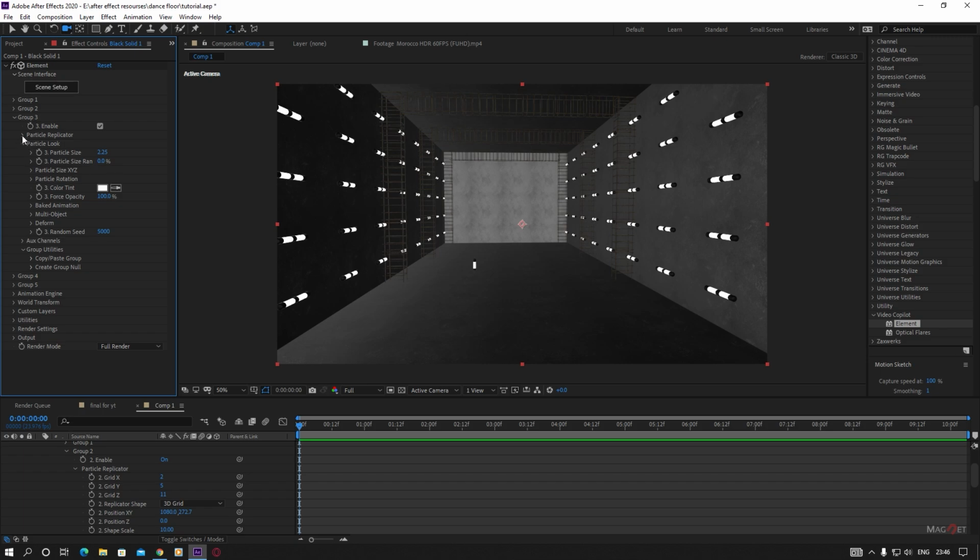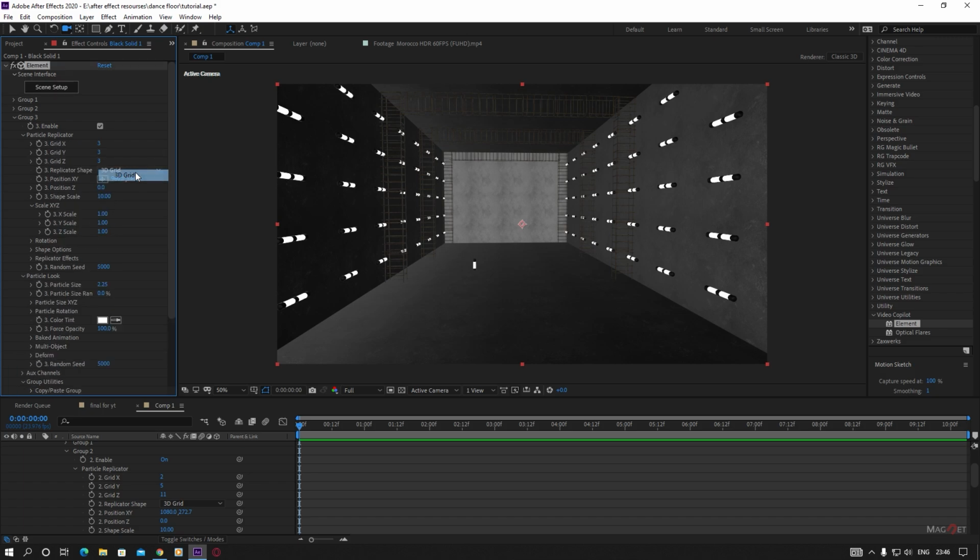And now we're going to go to the particle replicator and we go to the 3D grid, and we don't want the Y grid here, we only want the X grid and the Z grid here for now. So and we place it here